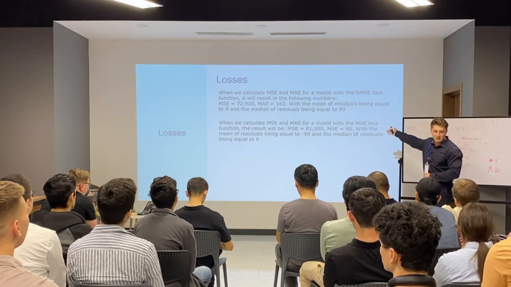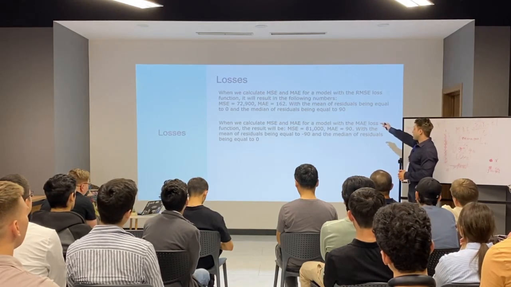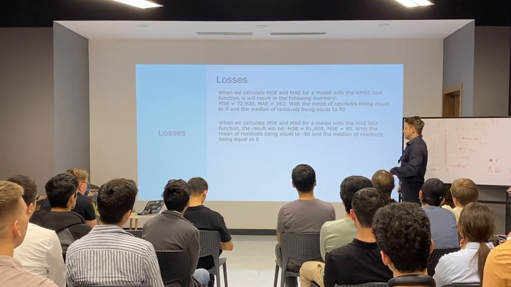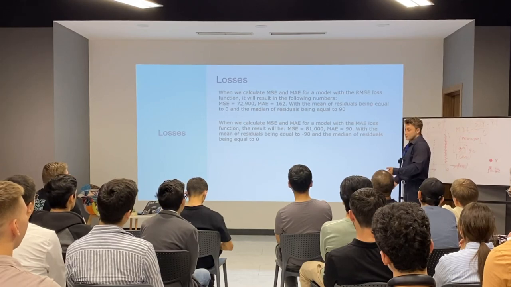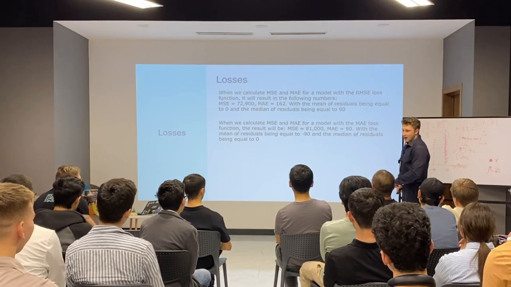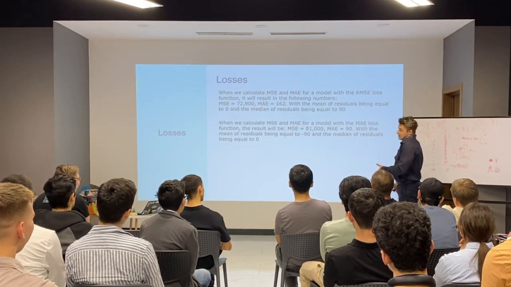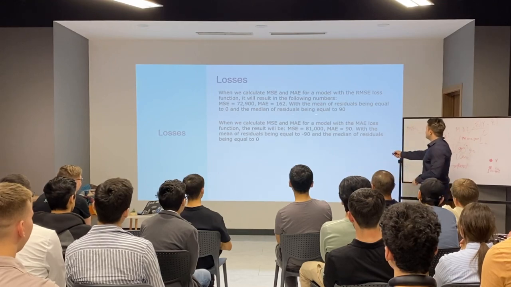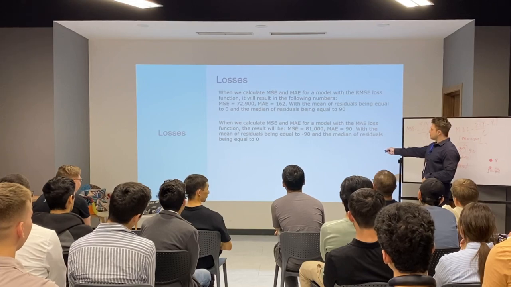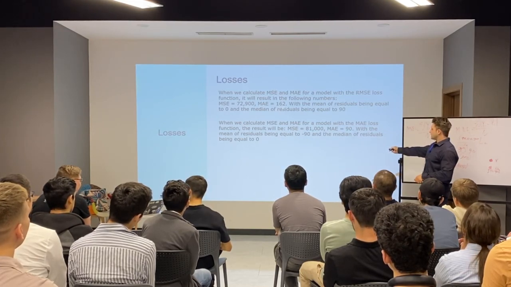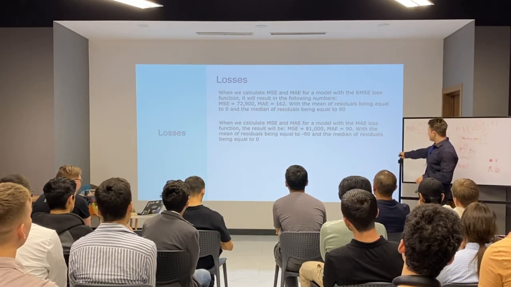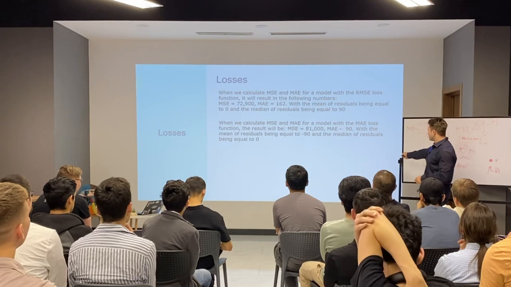What we just provided here is when we calculate the MSE and MAE, I don't know how you pronounce it, to be honest. MAE is too long, MSE, MAE, all right, MAE. So, MSE is 72.9. MAE is 162. So if we optimize for MAE, we can see that MSE is higher, but MAE is lower, which is actually